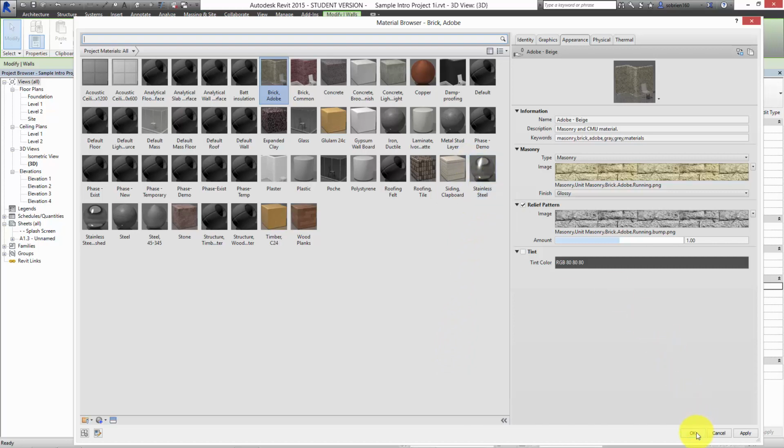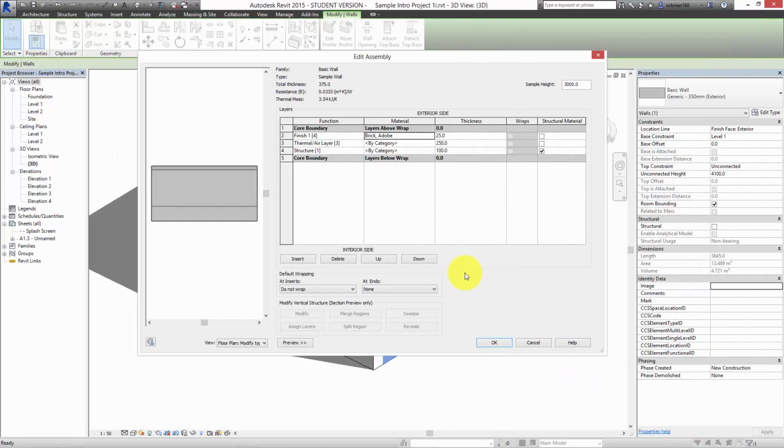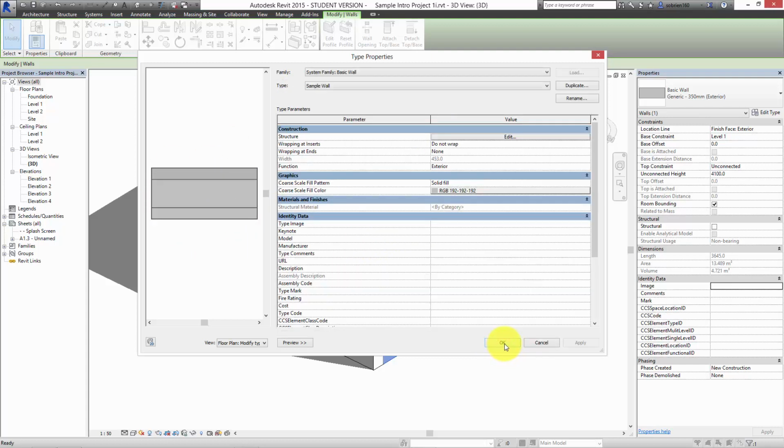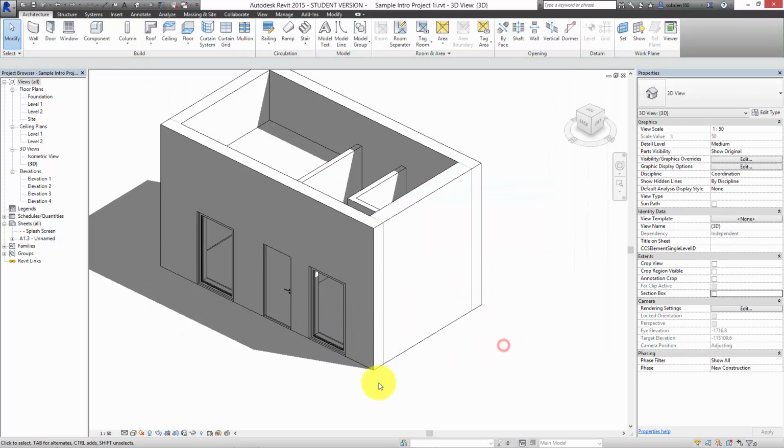So I'm just going to press OK. So I've made the external finished brick. I've only made it 25 millimeters deep, so let's make it a little bit more realistic. Let's make it 103 millimeters deep. And you can see that this modifies over here. And then I press OK, and OK again. And now if I turn on the shaded,